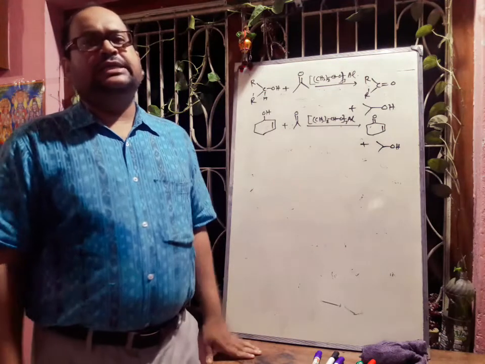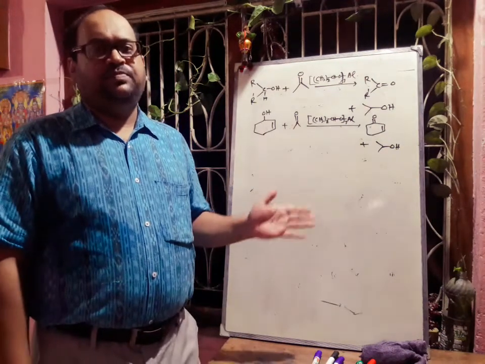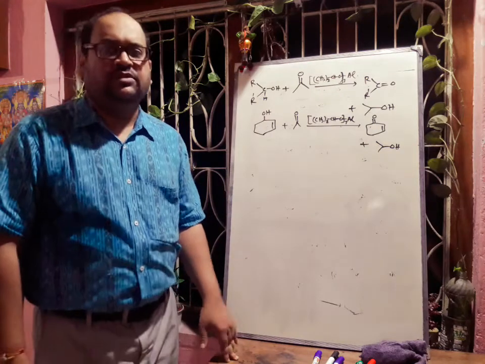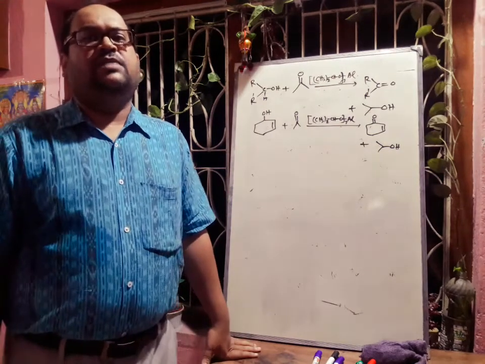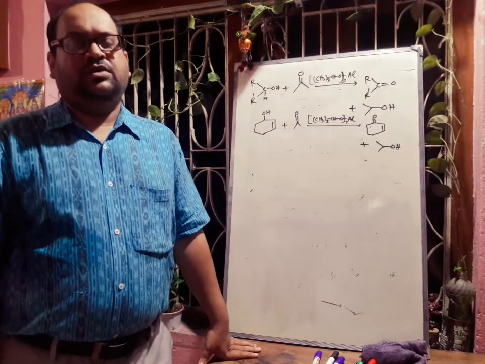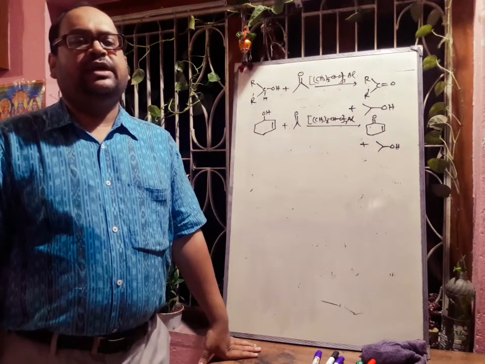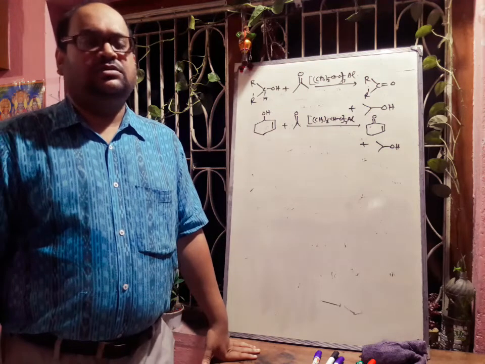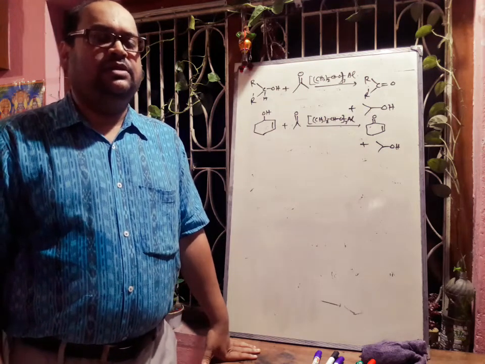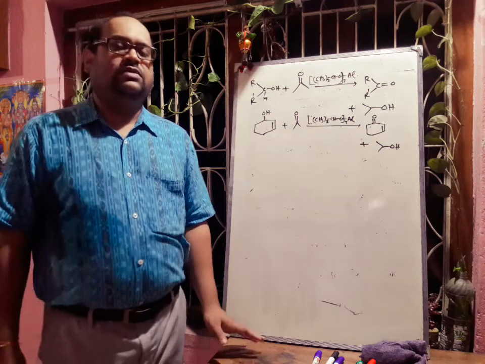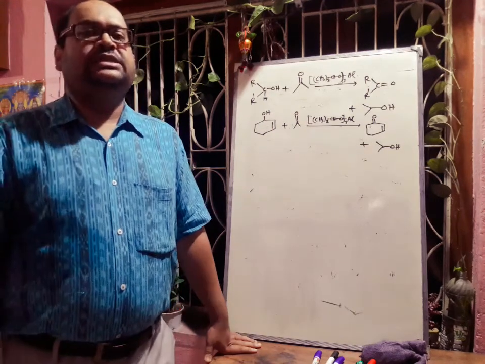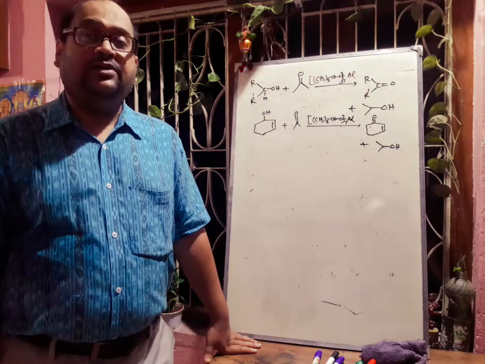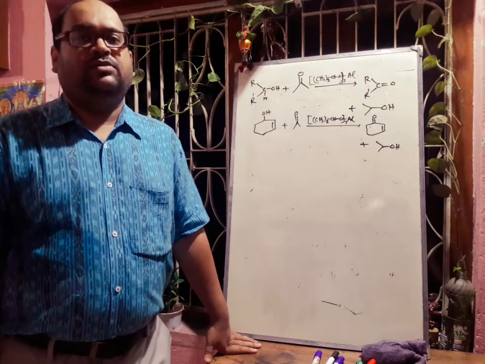Now Collins reagent as well as pyridinium chlorochromate, that is PCC, can also oxidize secondary alcohol into ketones selectively in presence of carbon-carbon double bond. Okay. So in this way we can prepare by this alcohol oxidation method primary alcohol into aldehyde and secondary alcohol into ketone. Next we will discuss the catalytic dehydrogenation of primary alcohols. Okay.